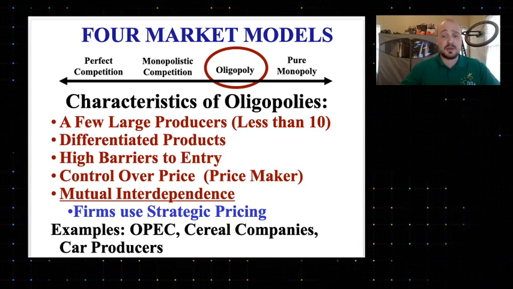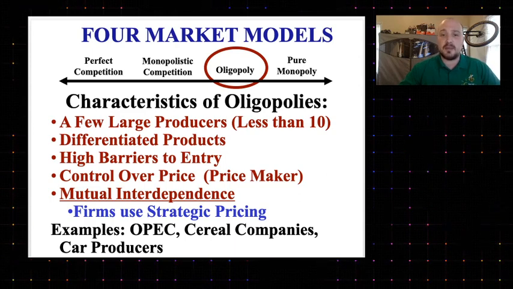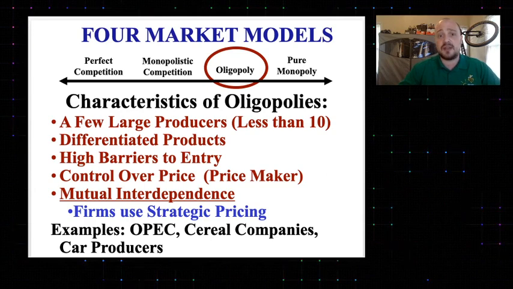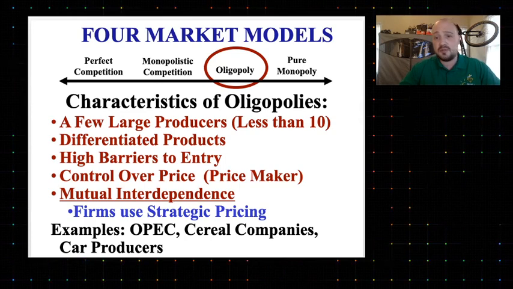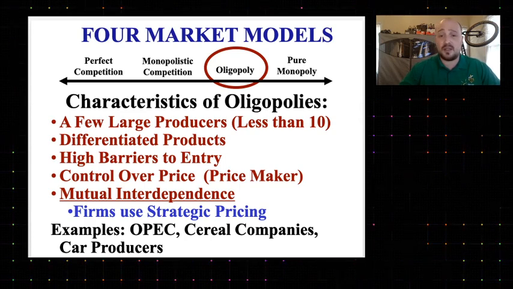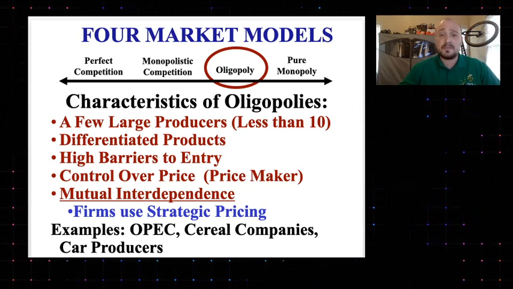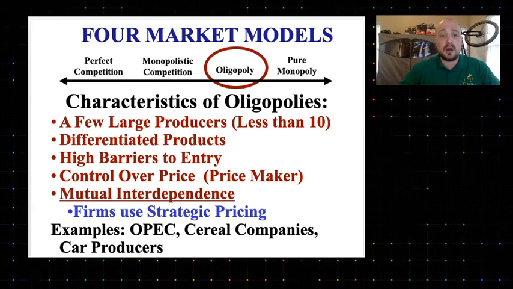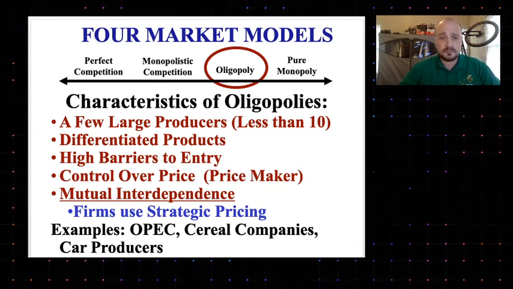Now, the next thing that an oligopoly offers is differentiated products. The products can be similar, like cell phone service, but there has to be something that distinguishes them, generally design or features. An example of differentiated products is Disney Plus, Hulu, Netflix, and Amazon Prime. It's an oligopoly that controls our streaming services. Although similar, like television, each service offers a different product, and that's what we mean by differentiated products.